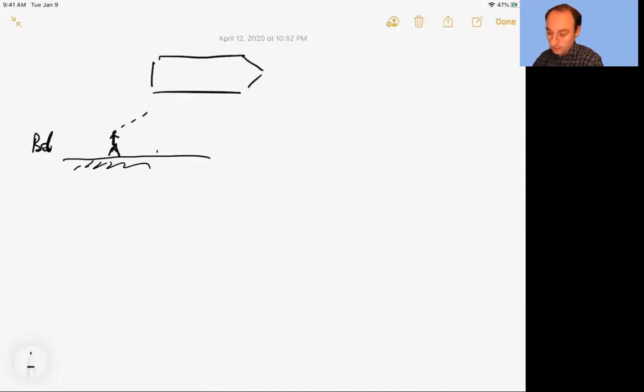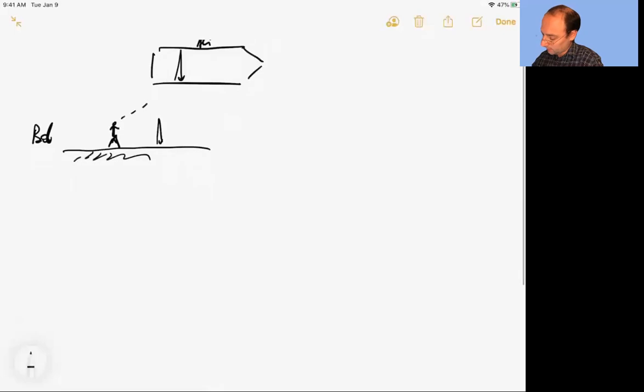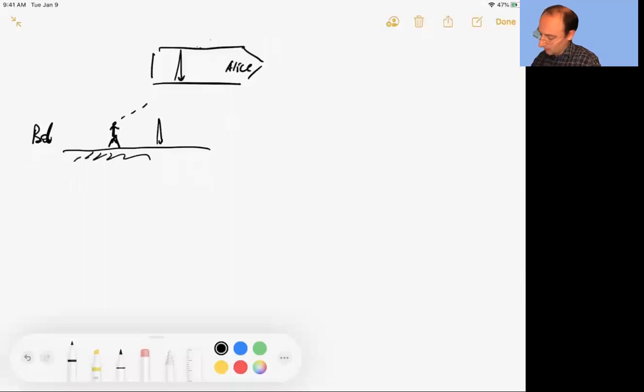So Bob has his own light clock, okay? And he's observing Alice's light clock. So this is Alice. And doing this observation, Bob says,